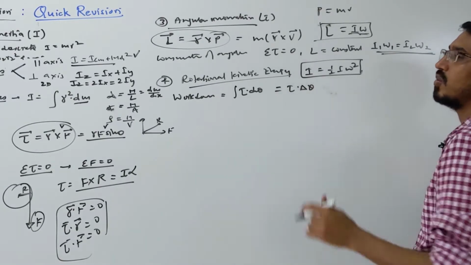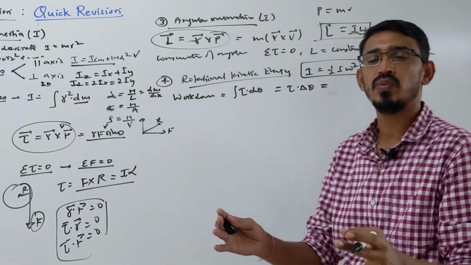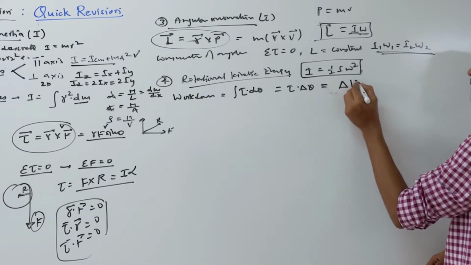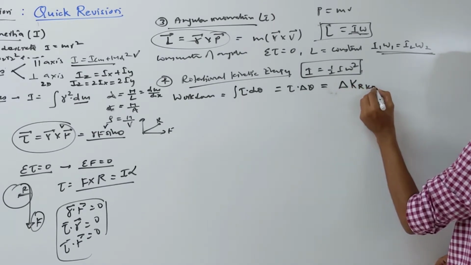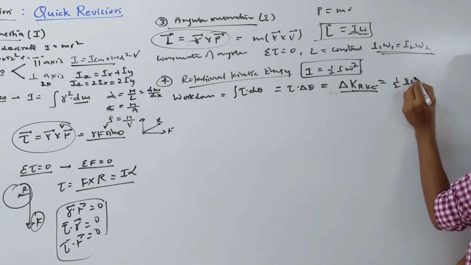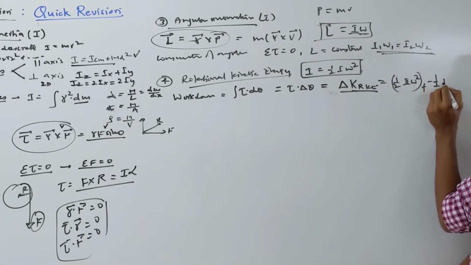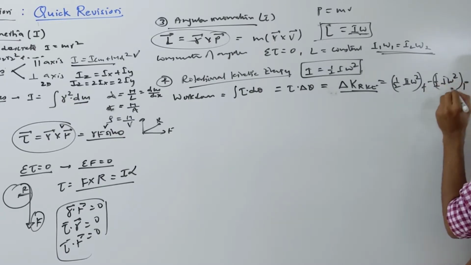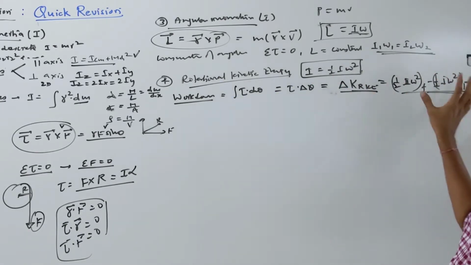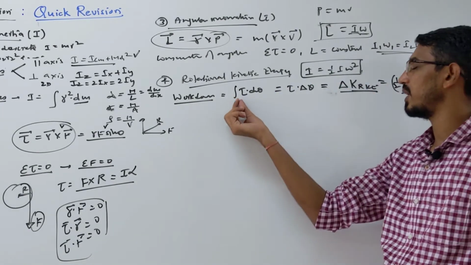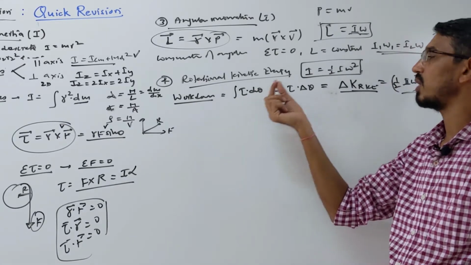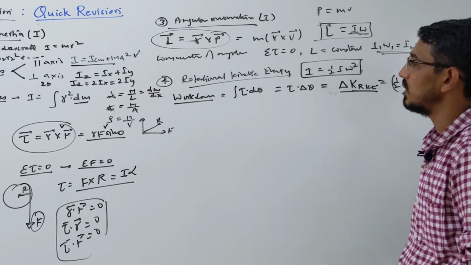You can also write it in terms of the work energy theorem. Work done is simply equal to the change in kinetic energy. Same way, work done is also equal to the change in rotational kinetic energy, like this one: half I omega square final minus half I omega square initial. This way also you can write the work done by an object is simply the change in rotational kinetic energy, or also equal to the integration of torque into the change in angle. If torque is variable, you write this format; if torque is constant, you write this format. Okay, so this work energy theorem we wrote.